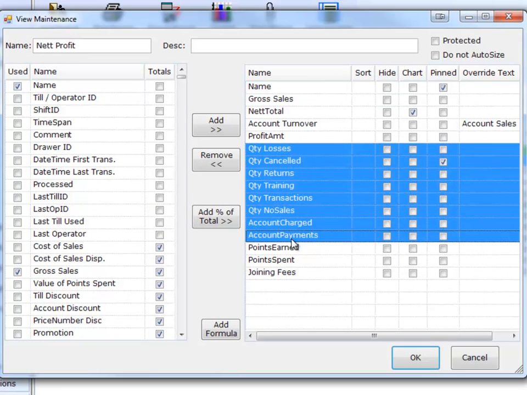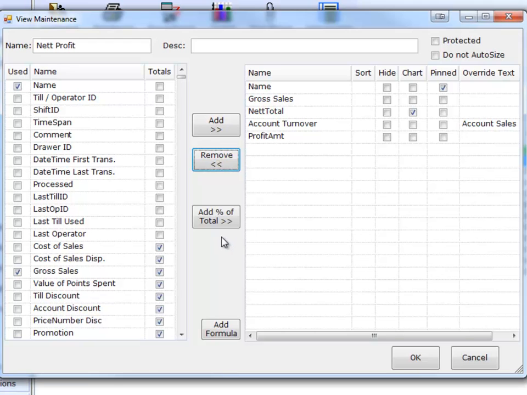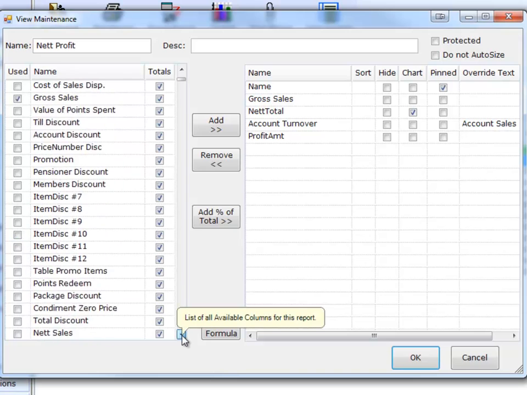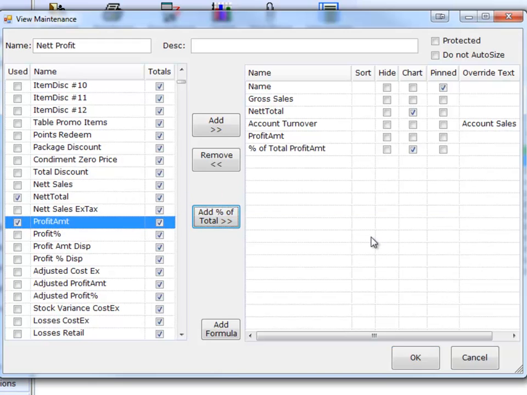Let's remove some of the columns that we already have in this report, and we'll look at the add percentage of total. What this will enable us to do is add another column that shows us another column's total as a percentage of the overall total. That is, if I highlight profit amount and click add percentage of total, it will add this column for me, automatically add it to the chart,